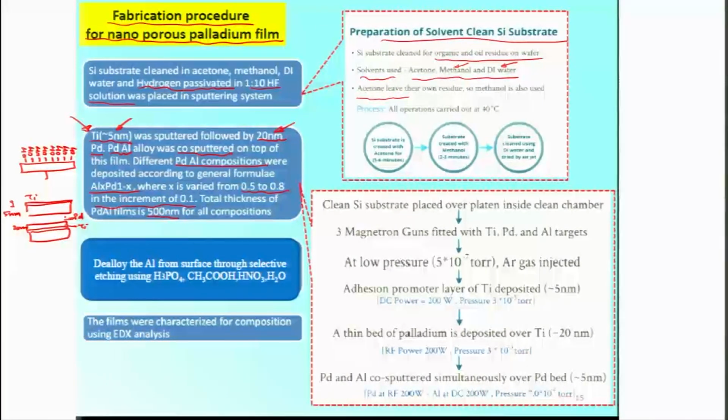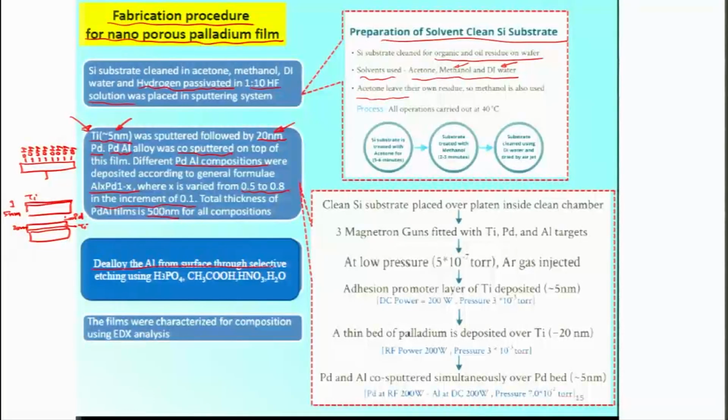And why we are depositing it: we want to make a chemistry through which we can selectively de-alloy the aluminum part. Wherever the aluminum is deposited with the palladium over the palladium bed, the aluminum comes off, and in its place there are air pores generated, because obviously air enters when aluminum is etched off. So we are de-alloying the aluminum from the surface through selective etching using a mixture of phosphoric acid, acetic